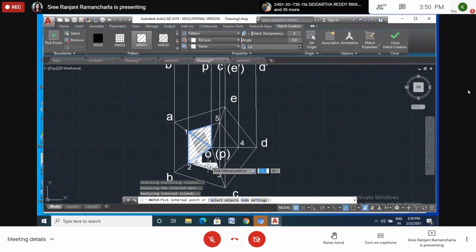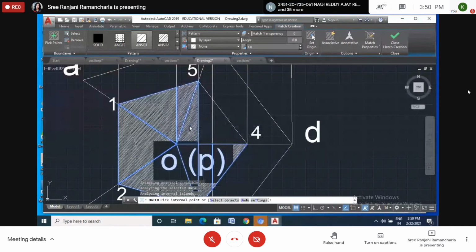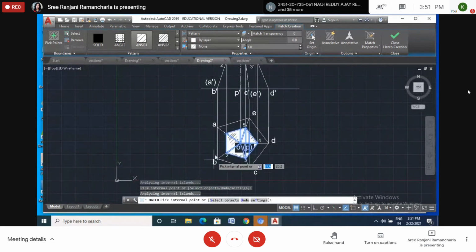Now if there is any gap between the 2 lines, the fill will not come there. You fill in this closed plane. Why is it not coming here? Because these points are there, so here it is not getting filled. This will be like that only. So here, here, here, and here. But for the normal shape, normal position, this will look like a filled one. It is not looking like the shape. So we have to go for